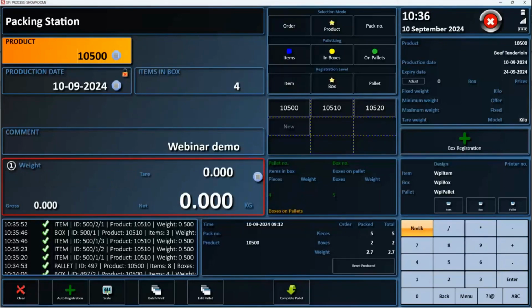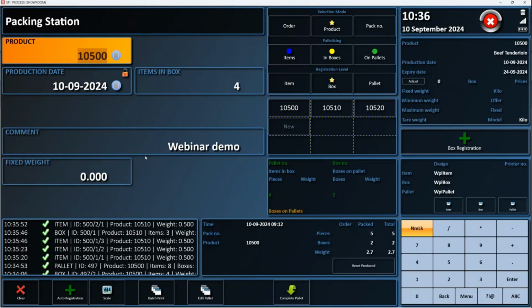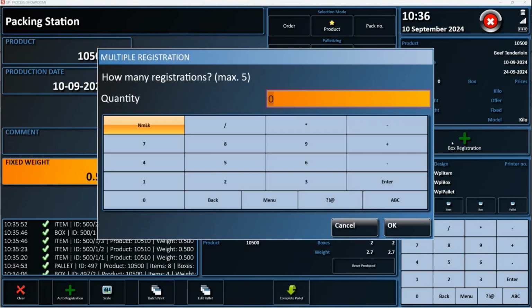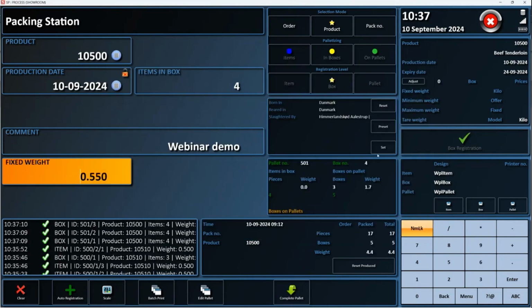Then I can click on this scale, set up to manual weight because it wants to have a weight. And then I think it's right click on the box registration. Right now we set it to 5 because that's the limit, but we can set it to as many as you want. And then I want to print three boxes, for instance. And then it prints 3 box labels for me.